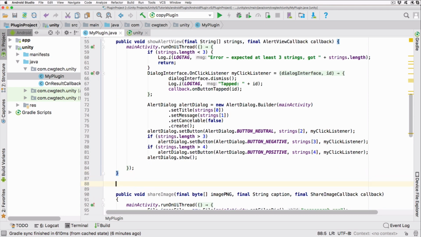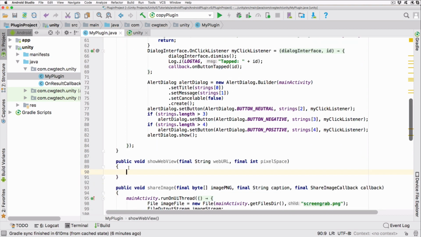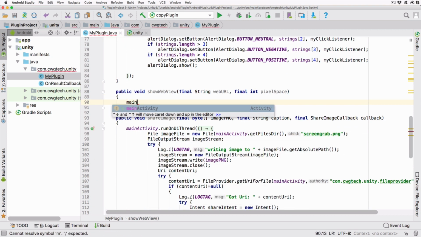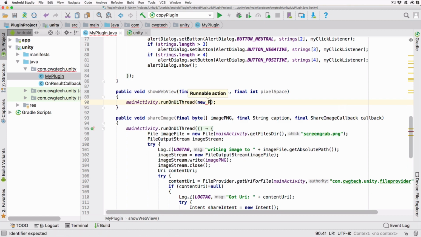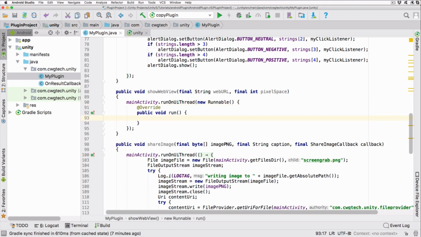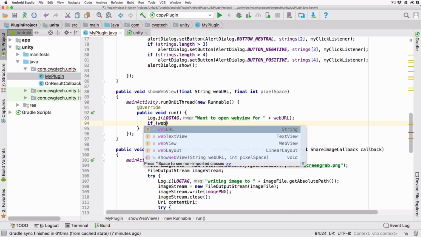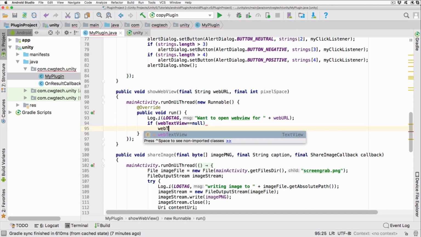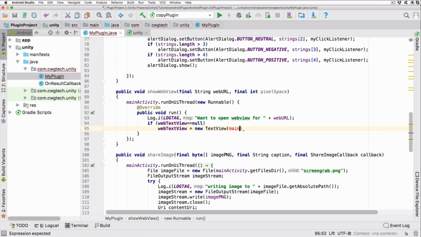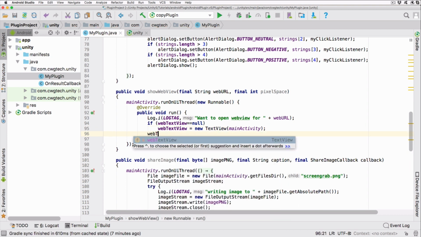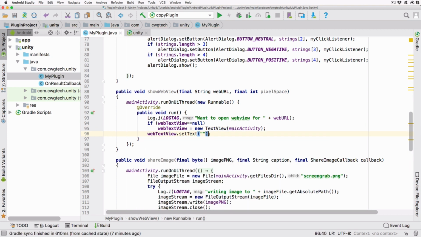Add the following method to the body of the plugin. Public void showWebView(final String webURL, final int pixelSpace). mainActivity.runOnUiThread(new Runnable() { @Override public void run() { Log.i(logTag, "Want to open WebView 4 " + webURL); if webTextView equals null, webTextView equals new TextView(mainActivity); webTextView.setText("");